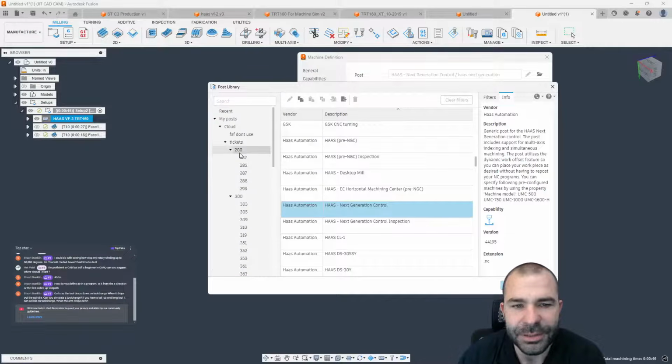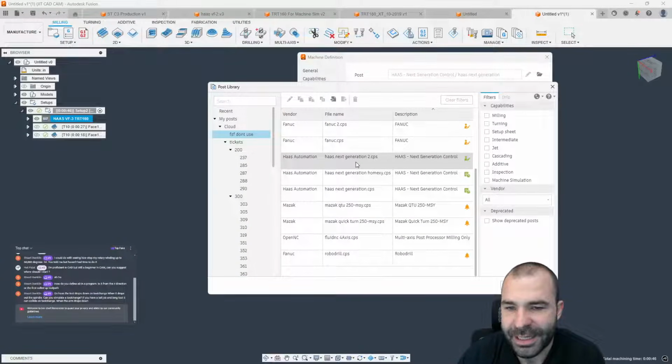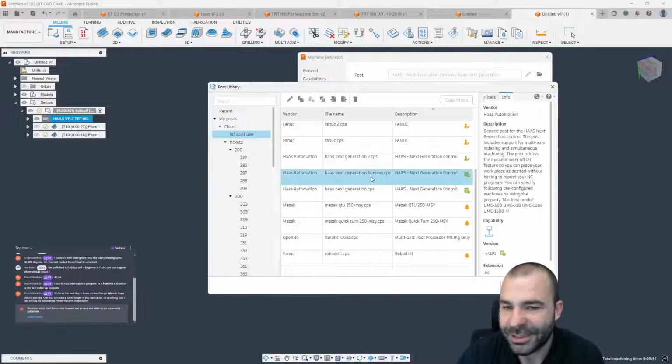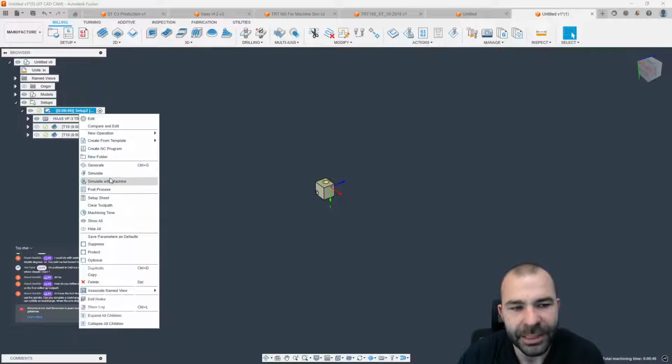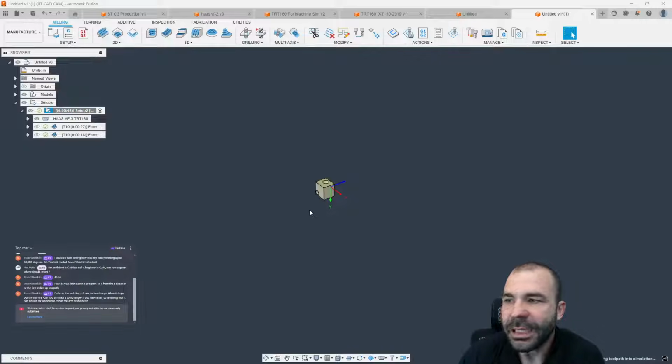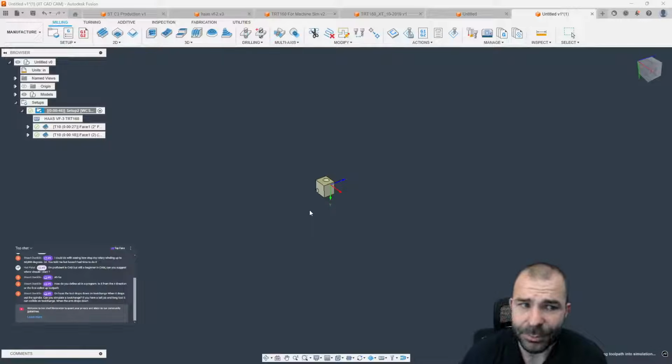Again, we're going to go up to the good old trash folder that I never seem to clean out. But here's our Haas Next Generation Home XY. We're selecting that. And now if we go ahead and resimulate with machine,